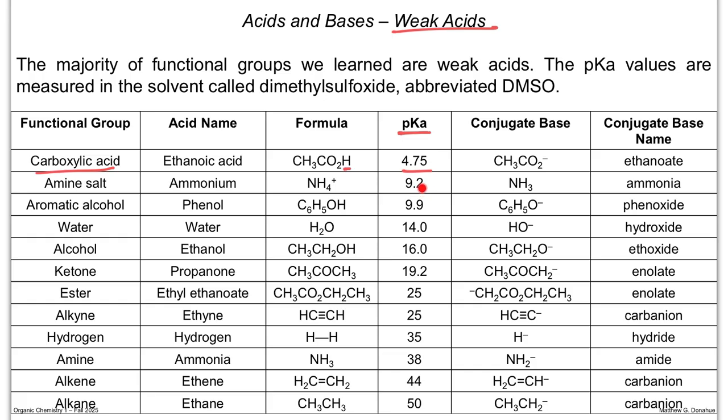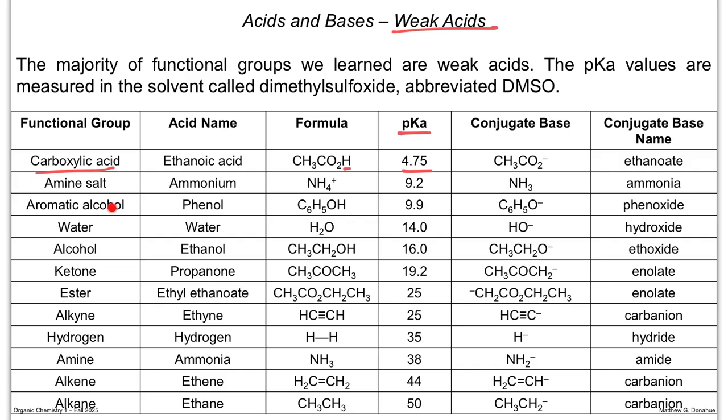The other thing I want to point out: from the acid that's neutral, the conjugate base is negative. This one, since we're starting with a positively charged species, the conjugate base is neutral. So pay attention to the charges and remember how you calculate them. So within that region, about 10,